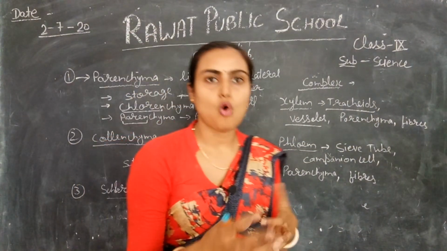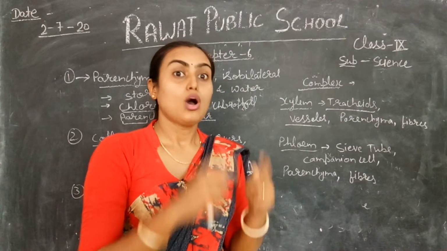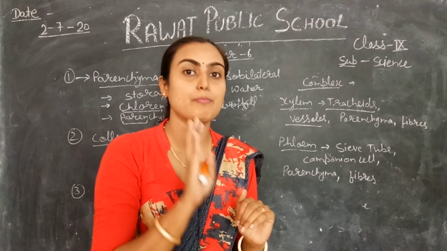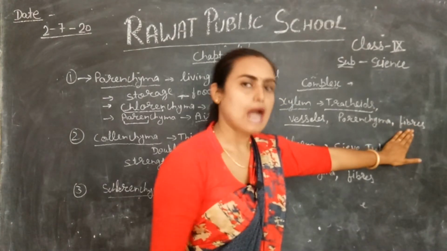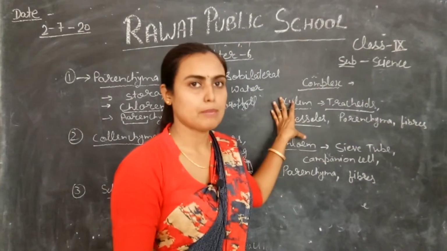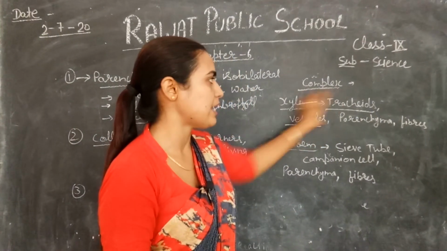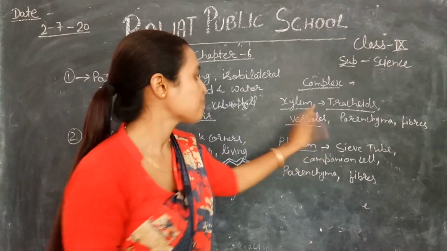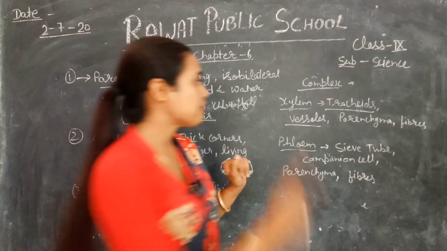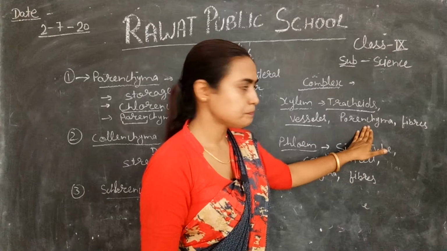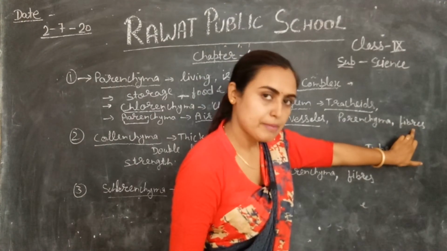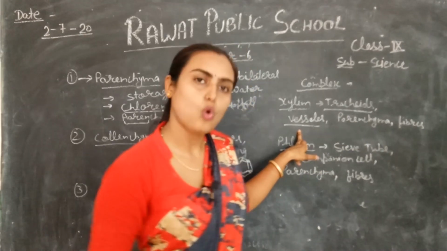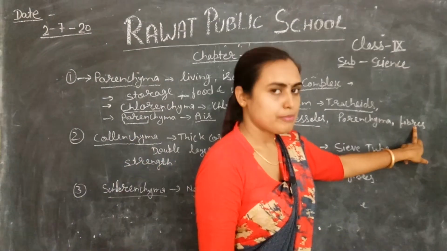Fibers are generally non-living in nature. Right? So the material which is non-living always provides protection. So fibers provide protection to the xylem elements. These four are the xylem elements which help in the conduction of water. Next is the phloem. Okay, one more thing. In xylem, only fiber is non-living. Tracheids, parenchyma and vessels, all three are living, and fiber is non-living.